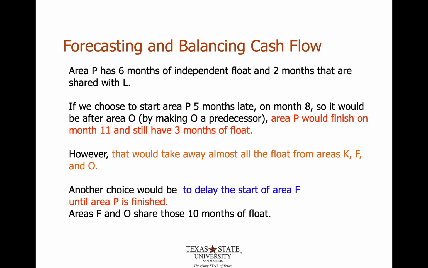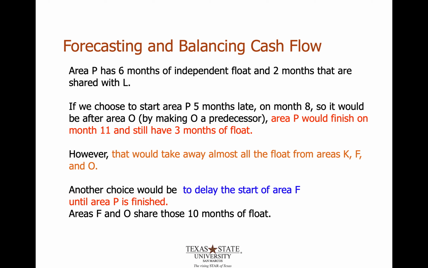So area P has 6 months of independent float and 2 months that are shared with L. So then if we choose to start area P 5 months late on month 8, so that it would be after O, which would then make O a predecessor, area P would finish on month 11 and still have 3 months of float. So that's one possible solution, but going through that motion would take away almost all